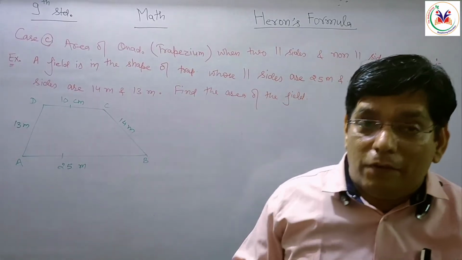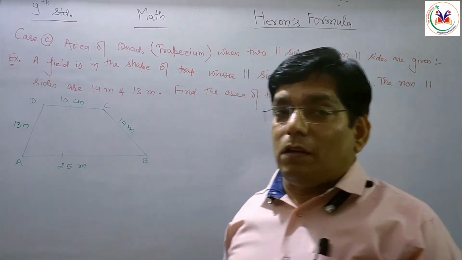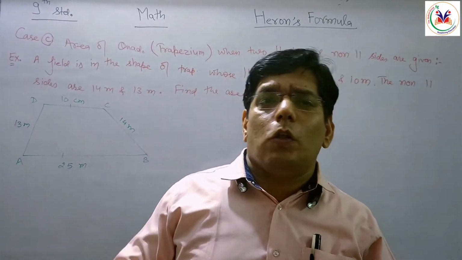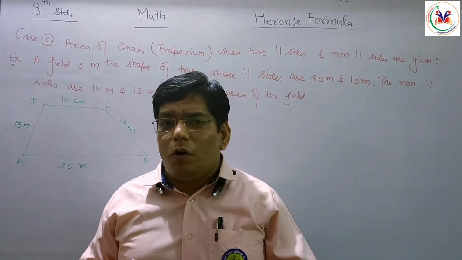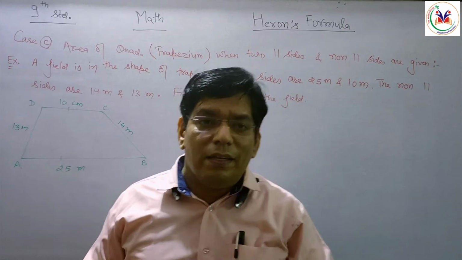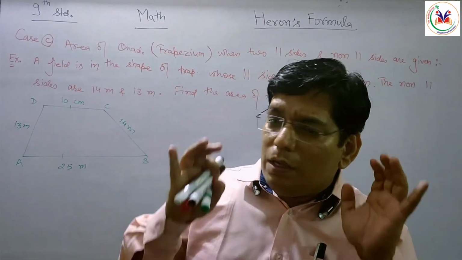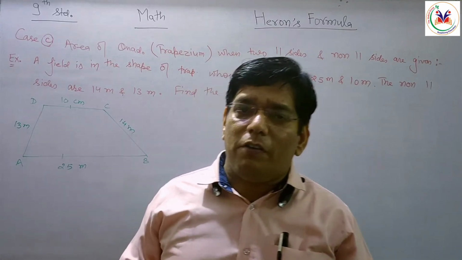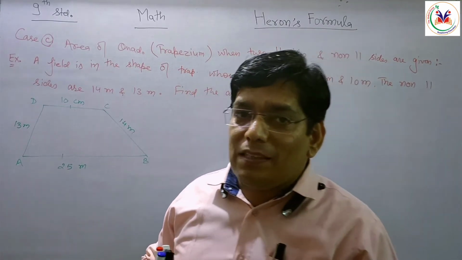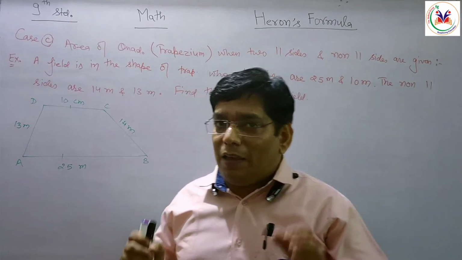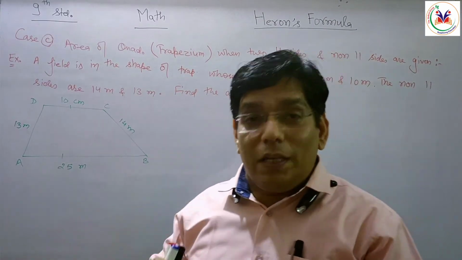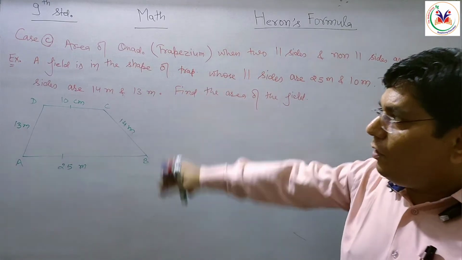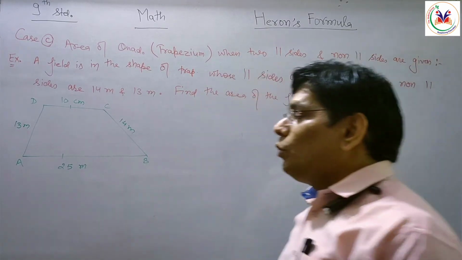Now students, we are going to discuss the third case of getting the area of a quadrilateral. Actually, this kind of quadrilateral is also known as a trapezium because the pair of opposite sides must be parallel. So this kind of questions are very important from the examination point of view because these are the major part. You can say these are having a specific process to solve this kind of question. So first of all, I'll just read the question and after that we'll discuss how to solve that one.